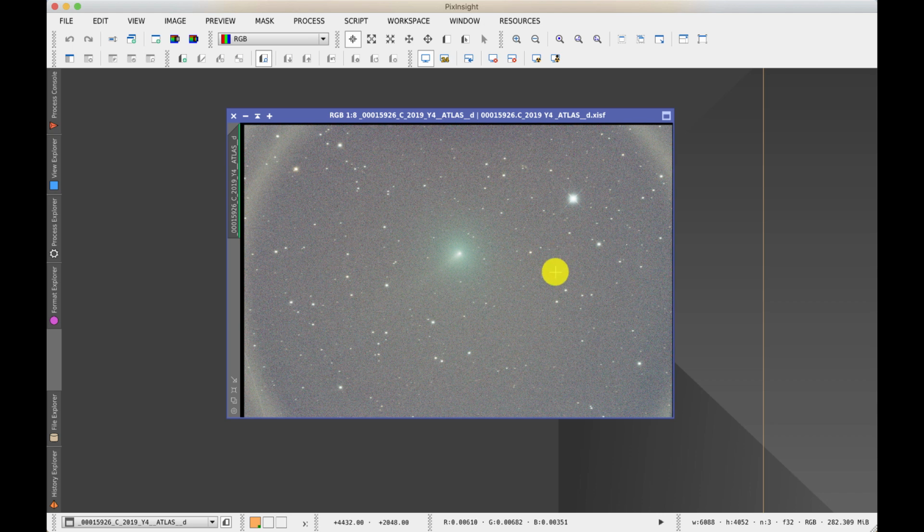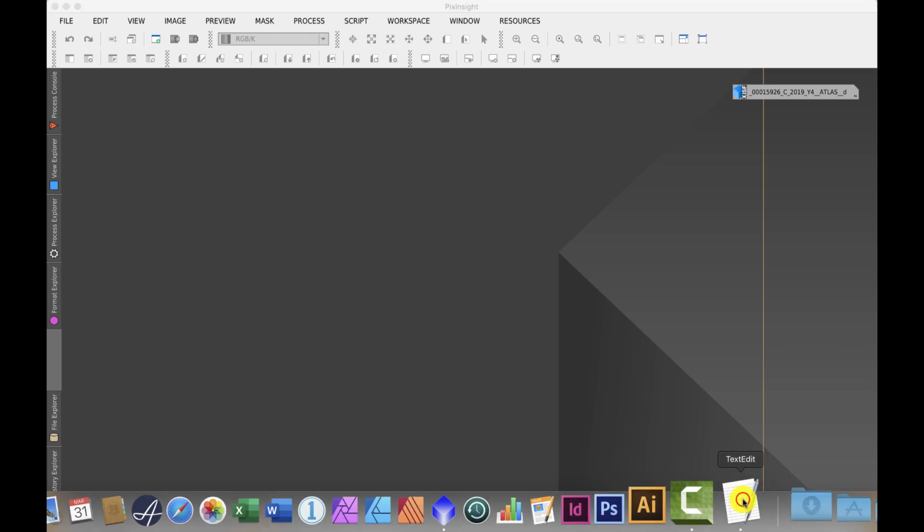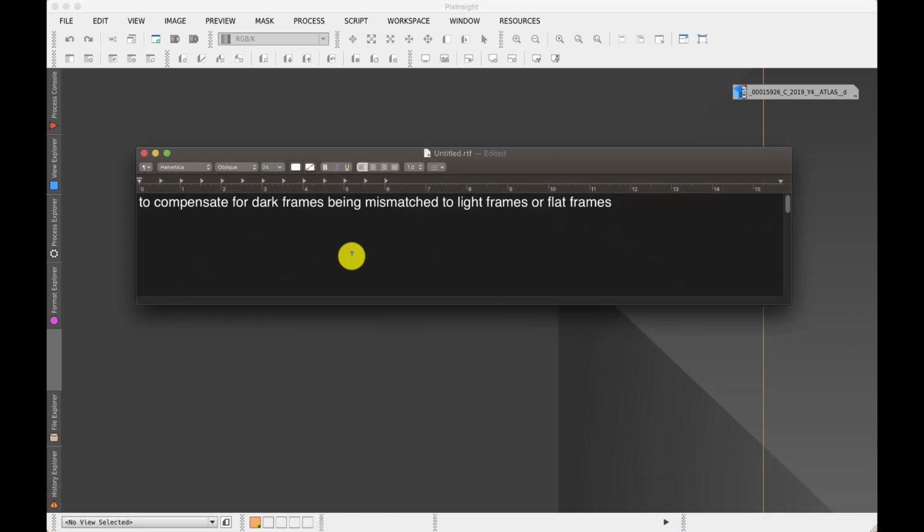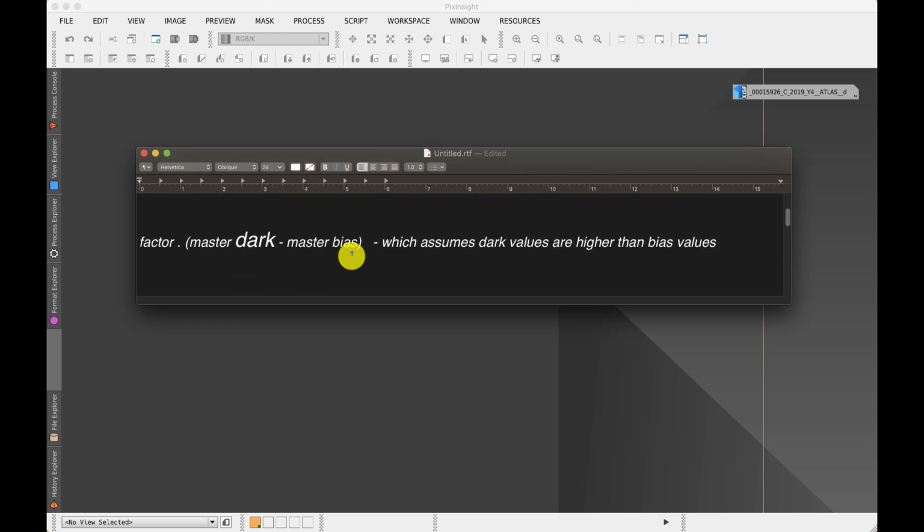Well, in the calibration system, there are some equations, and I've made myself some notes to help explain. So if I just bring up a little frame. Traditionally, you take dark frames that are similar to the light frames in terms of duration and temperature. That's easier said than done with a traditional consumer camera, because you typically do not have any control over temperature. And because you want to compensate for those minute differences between the light frames and the dark frames, in the calibration process there is an equation, and within that equation is something that looks like this, where you have a factor times the master dark minus the master bias,